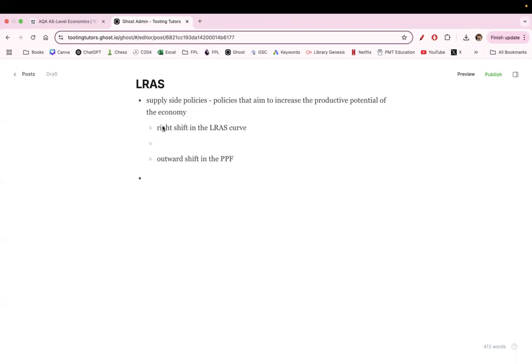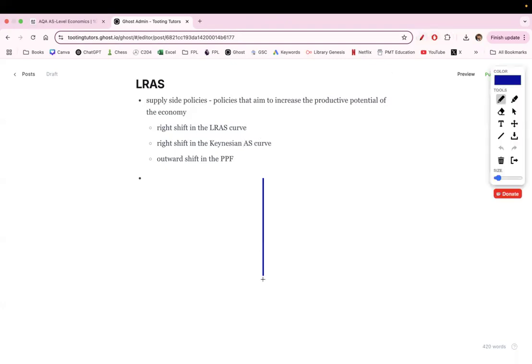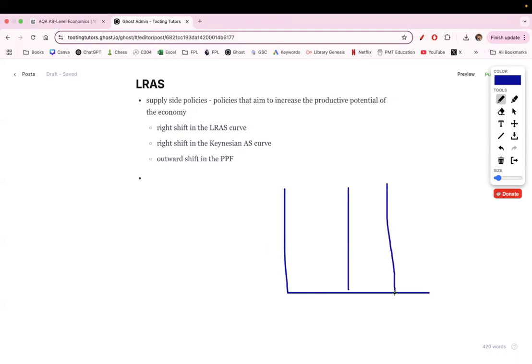And you can also do a right shift in the Keynesian aggregate supply curve. So PPF could go out, but that's less useful to actually do. So I wouldn't do that one. But the other two are completely fine. So you could do LRAS going this way. But then the thing is, the best one to do is going to be maybe something like this,